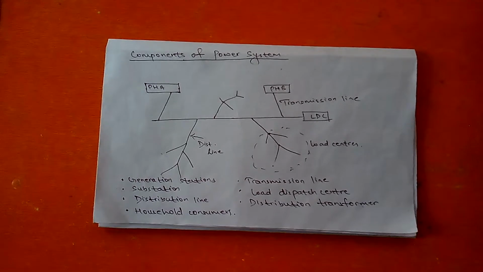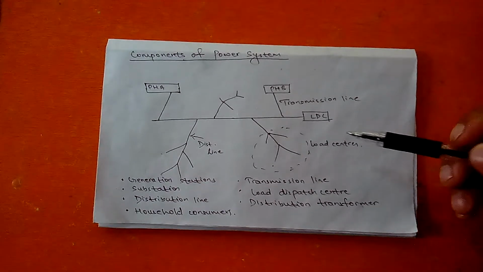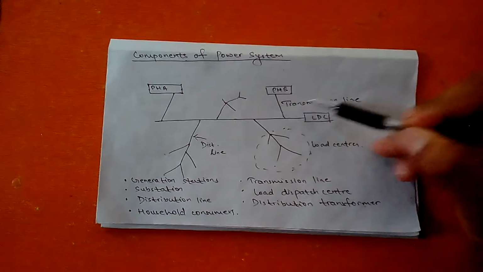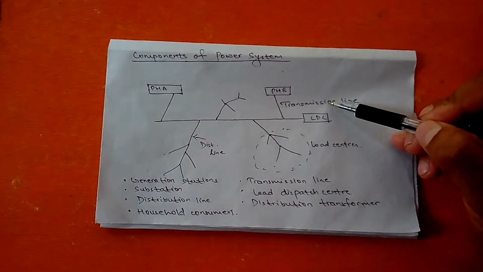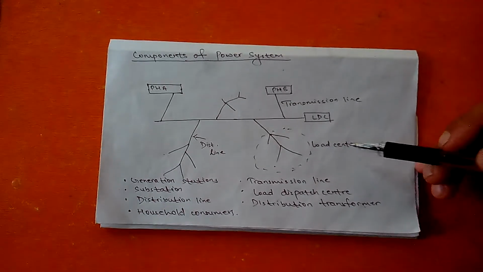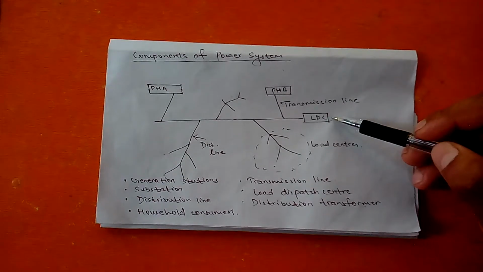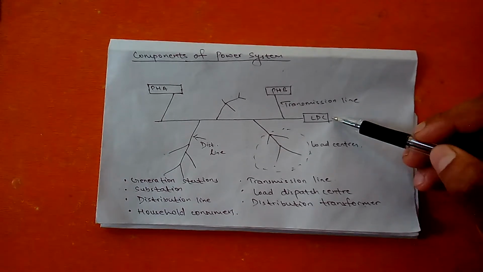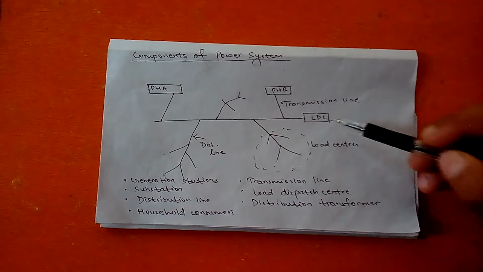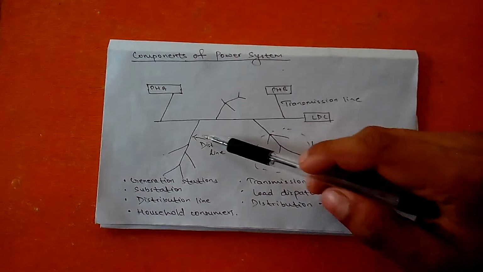Here, the transmission line, and then LDC refers to the local dispatch center. Through the local dispatch center, it is distributed to different communities